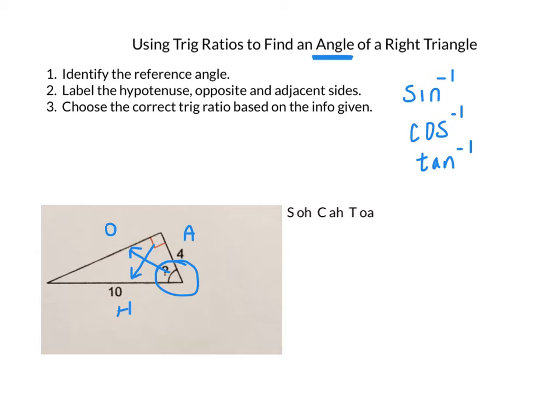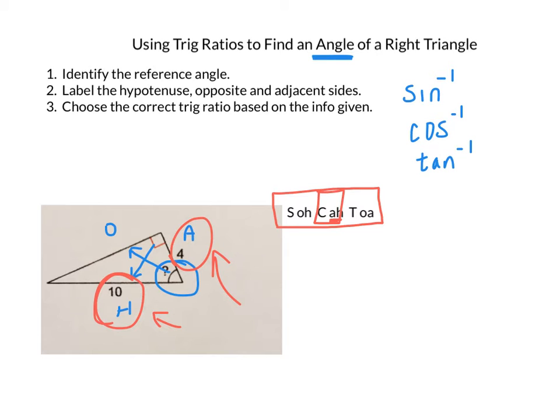Okay, so now we're going to do step 3. We're going to choose the correct trig ratio based on the information given. If we look at the information that we have, our hypotenuse is given to us, which is 10, and we have our adjacent given to us, which is 4. So this mnemonic device here, SOHCAHTOA, helps you remember what the sine is, what the cosine is, and what the tangent is. And we're looking for which one of those ratios uses the hypotenuse and the adjacent. So if we look here, this has the adjacent and the hypotenuse, so we're going to be using the cosine